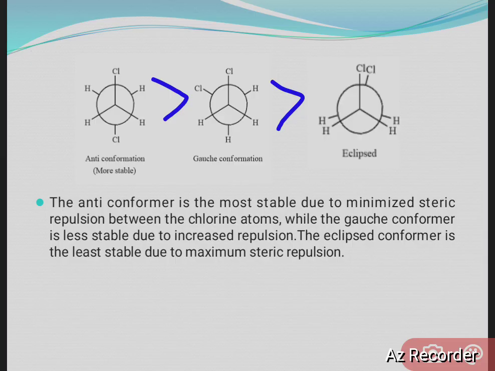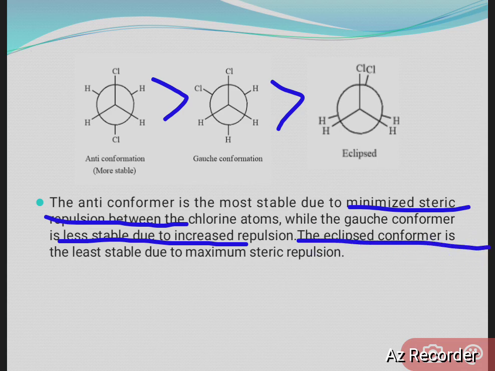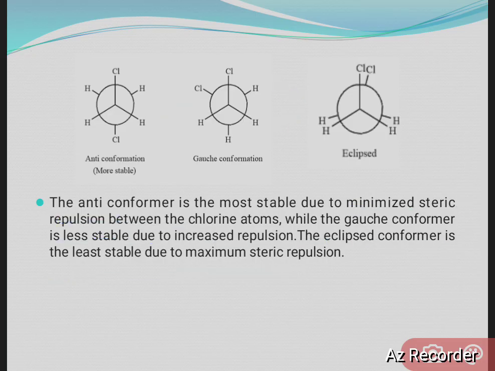The anti-conformer is the most stable due to the minimized steric repulsion between the chlorine atoms, while the gauche conformer is less stable due to the increased repulsion. The eclipsed conformer is least stable due to the maximum steric repulsion. Okay, this is regarding